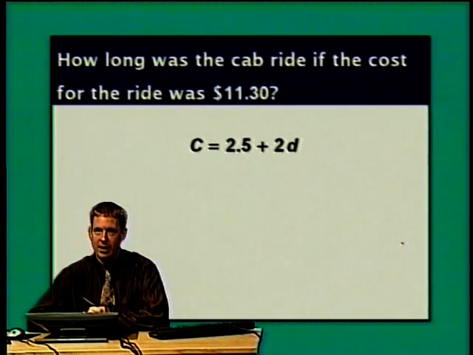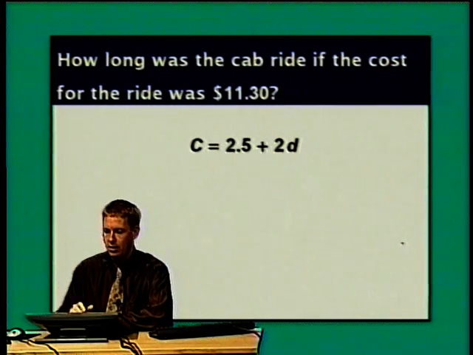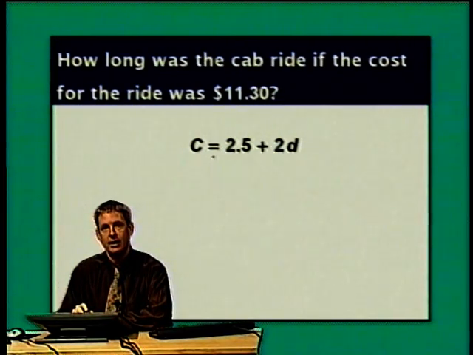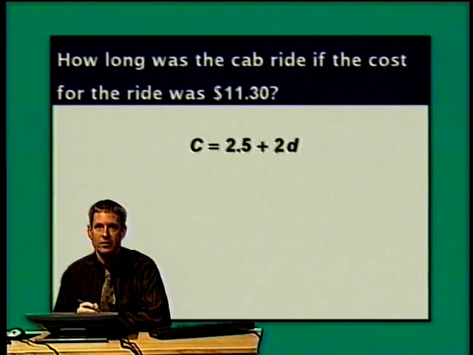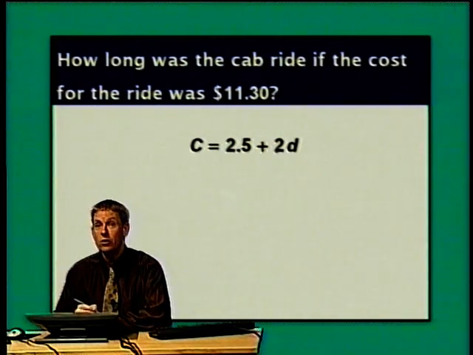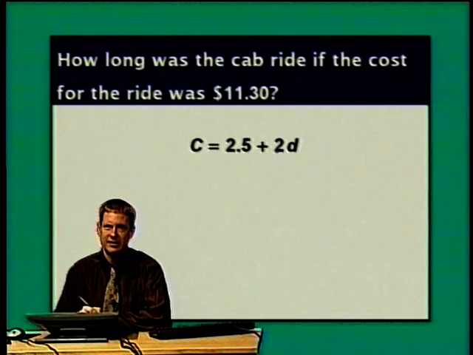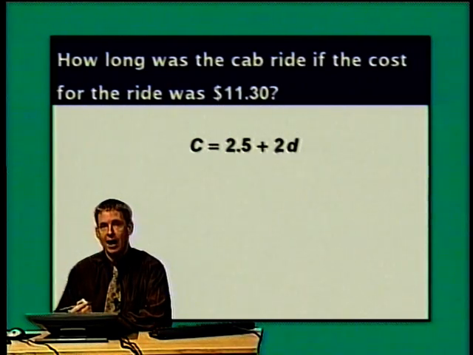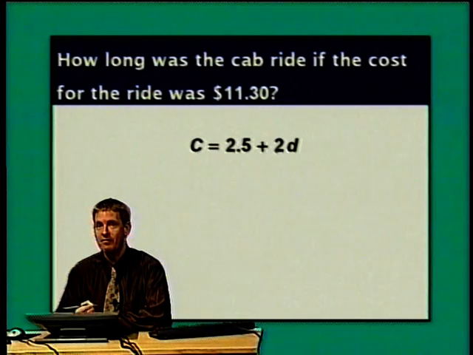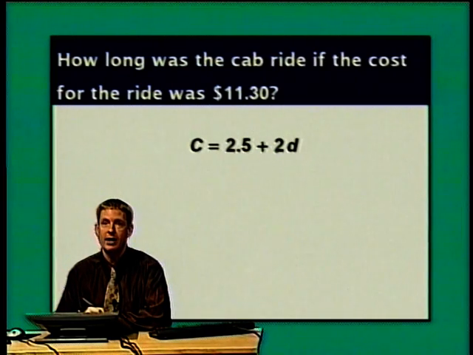And what makes this formula an equation is 2 things. 1 is the presence of an equal sign, and 2, there's a legitimate mathematical expression on either side of the equal sign. But usually when we use the word equation, we're talking about something a little more specific. And we can introduce this idea in the context of this applied problem. If the cost of the cab ride always equals 2.5 plus 2d, we can rephrase the question, how long was the cab ride, if the cost for the cab ride was $11.30, by writing down the equation